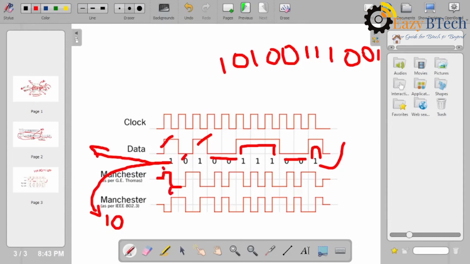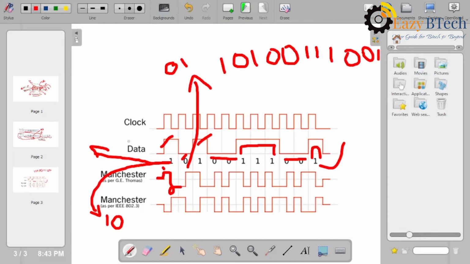Next, whenever a 0 comes as the next bit of data, this will again be divided into 2 bits: 0, 1. The first one is the actual data and the second one is the encoded data.